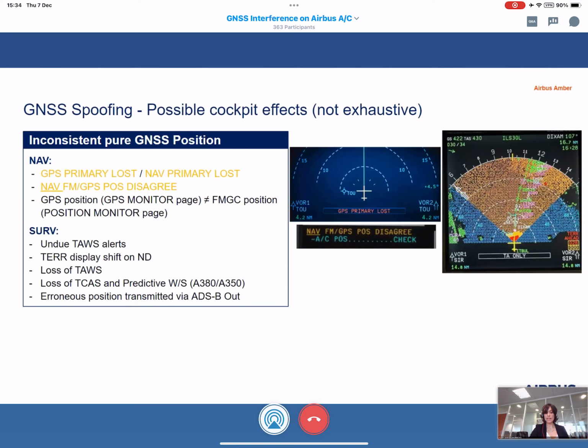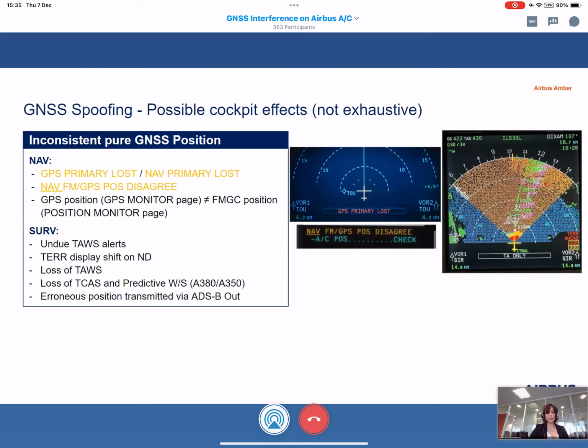This can happen in case of erroneous pure GNSS lateral information, so latitude or longitude, showing the terrain of another lateral location instead, or in the vertical plane, showing the terrain as much closer to the actual terrain due to low GNSS altitude.